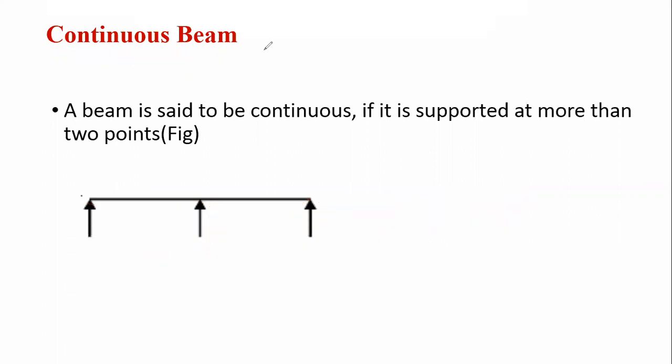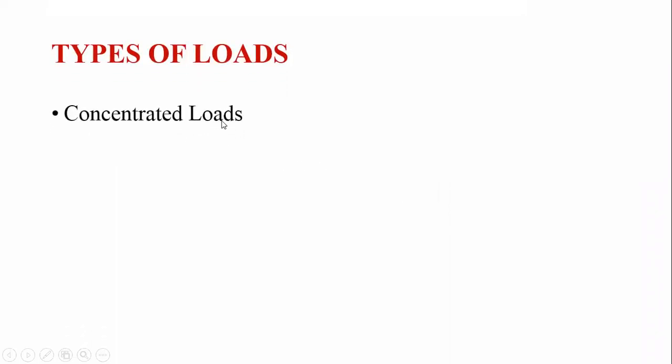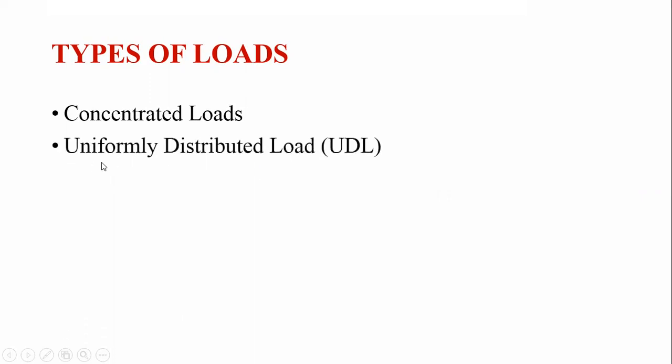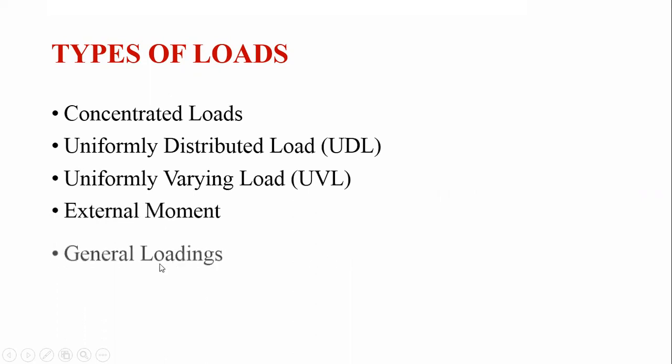Okay, these are the various types of beams. Now over this beam, if you look over here, these are point loads, and this one is the UDL. Now let us see what the types of loads are. Types of load: very first, concentrated load, then uniformly distributed load, uniformly varying load, external moment, and general load. Now let us start with the first,